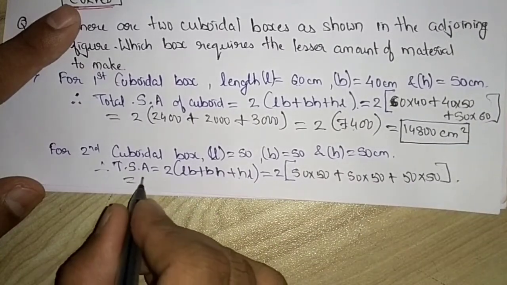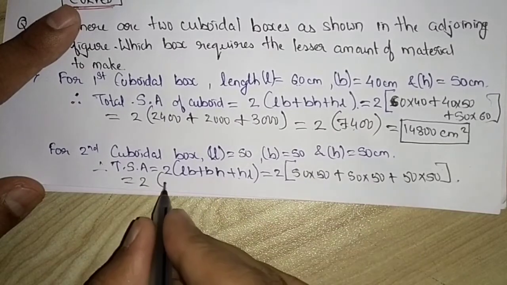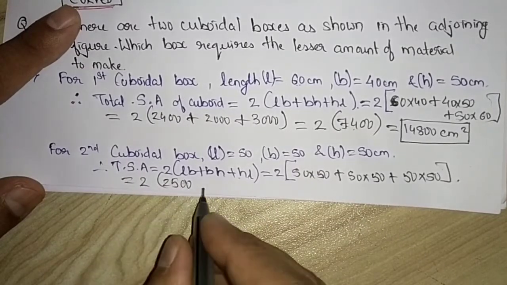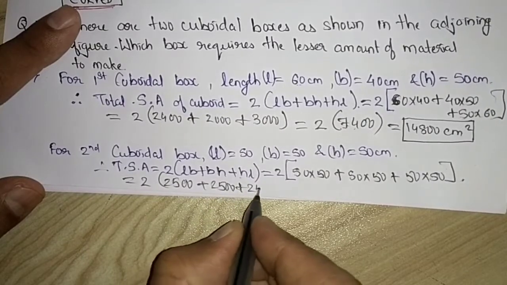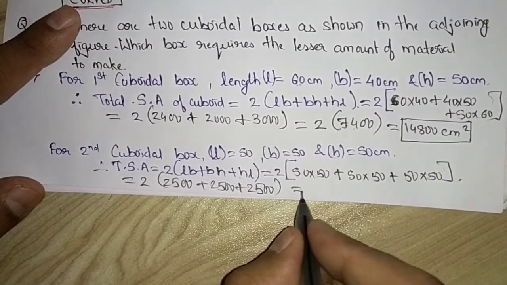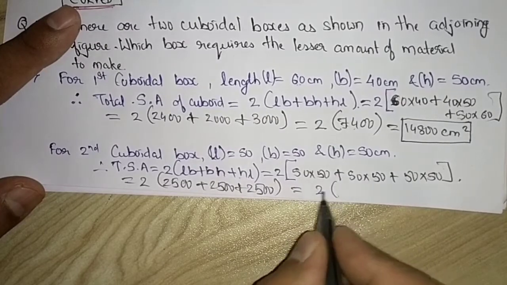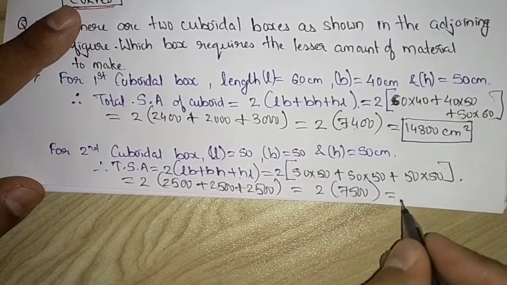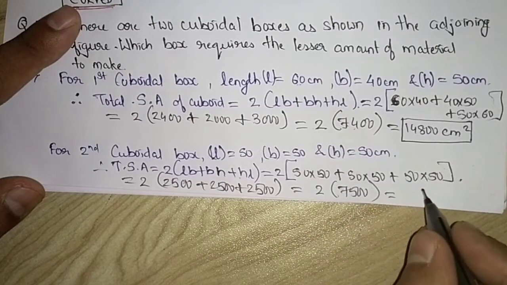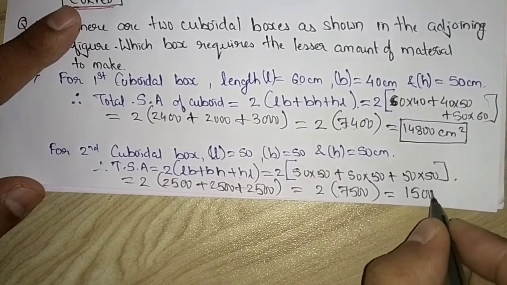So when we calculate, 5 5s are 25 and 2 zeros, same way 2500 plus 2500. So it will give me 2 into 7500, which is, when I multiply, 15,000